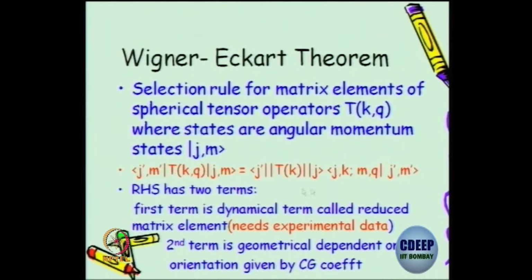This matrix element, I have no information. This is what we call some reduced matrix element, which has information about what operator I am looking at and looks at only the total angular momentum of the initial state and the final state. This information I don't have, but definitely the CG coefficient I have the information. So that tells me which element will be 0, which element will be non-zero from the CG coefficients. But if I ask you to tell me the exact matrix element,